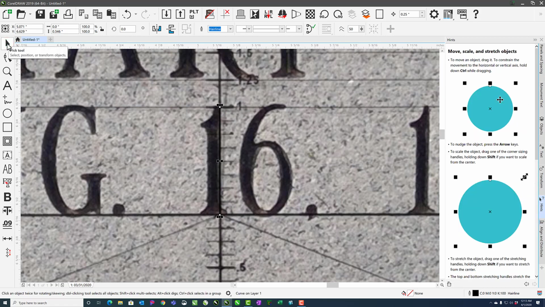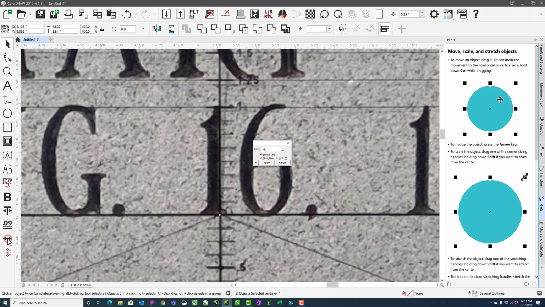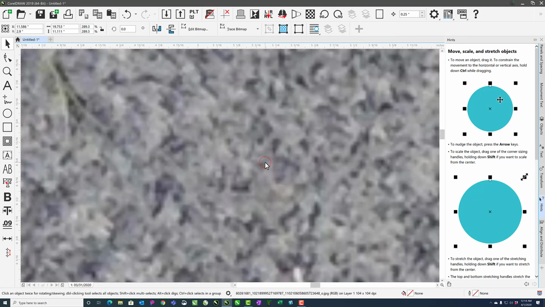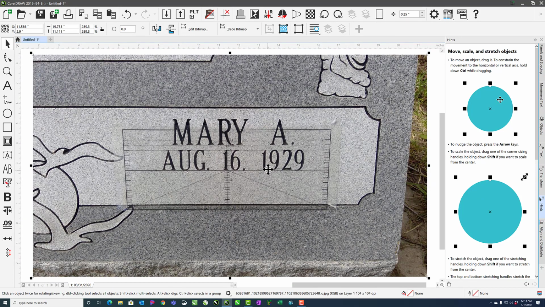So if I then grab my pick tool, hold shift, and click on the picture, so I've got my line and the picture now selected, then I can run auto size, and it pops this dialog box up where you tell it how big that ought to be in real life. So I hit 1. I don't want to straighten it in this instance, but I do want to delete that line, so I'll just hit apply, and it will then resize the picture so that this is now an inch